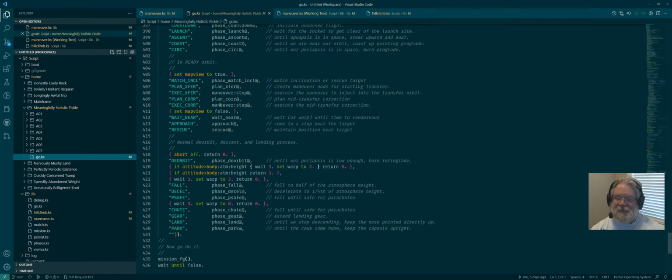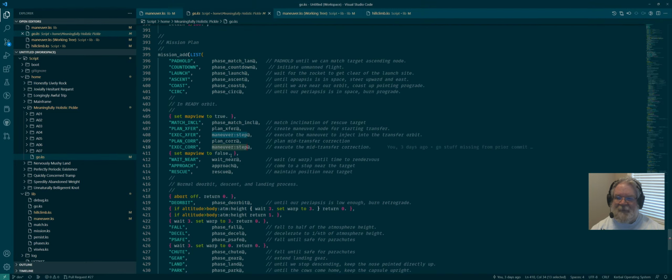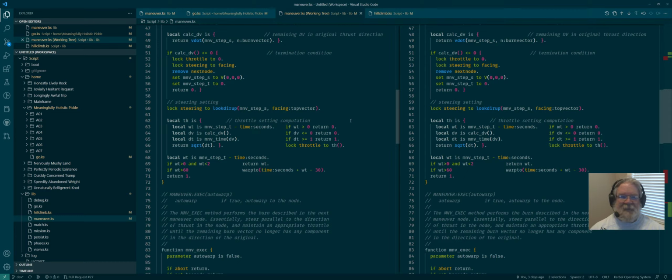And when we want to do this, you notice that for my mission plan, the exec transfer and exec correct steps that we worked on in the previous video just call this maneuver step over and over again. And when we flew it, we saw how quickly that worked. So with that in mind, knowing that it works, and it works fast, and it works efficiently,